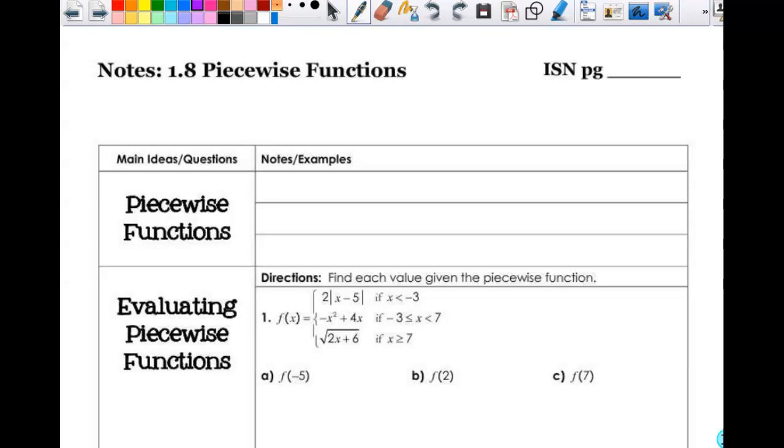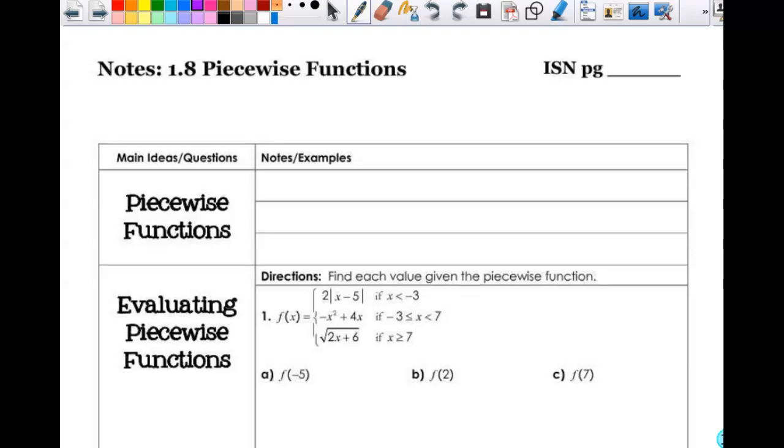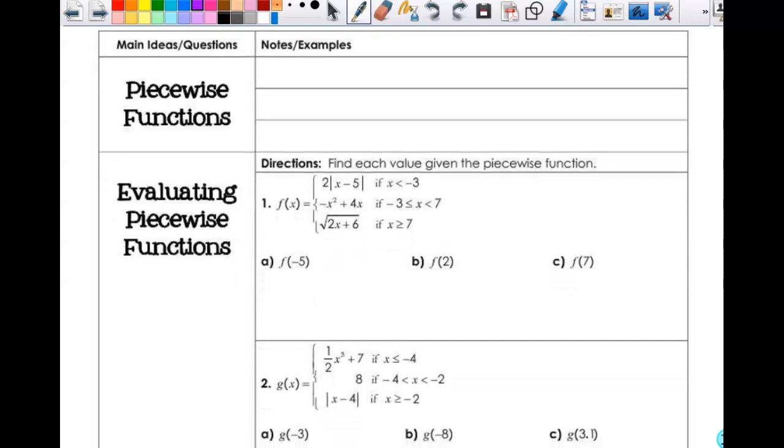Today we're going to talk about piecewise functions. So it's just what it sounds like. We're going to be using pieces of functions. So the definition of piecewise functions is they are functions